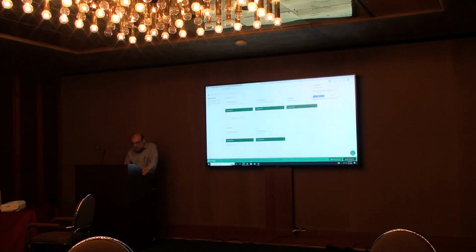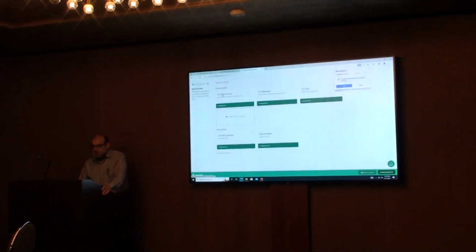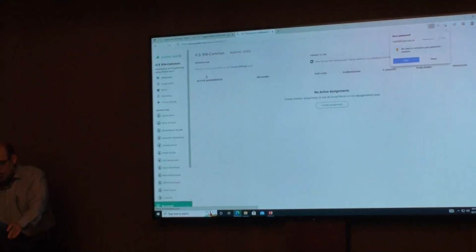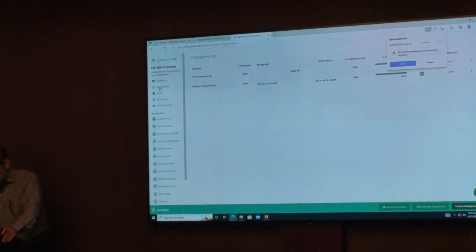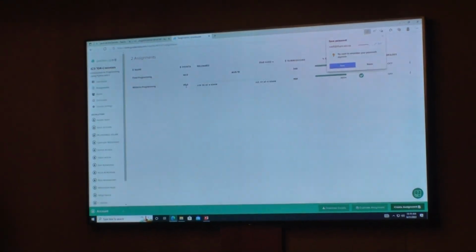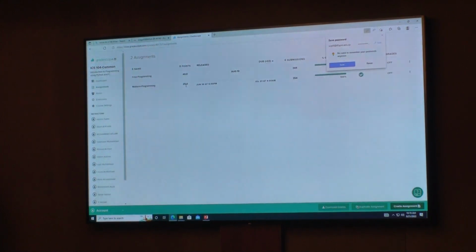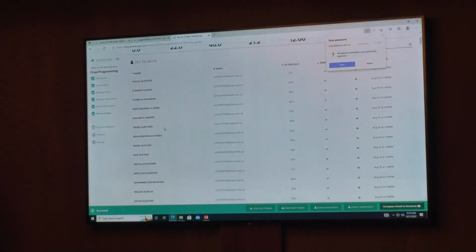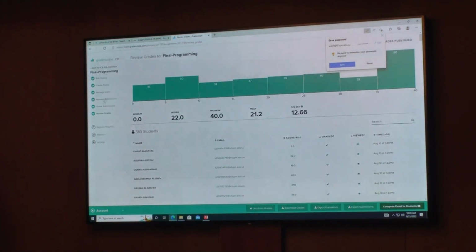Okay. So this is my Gradescope account, and as you can see, this is ICS 104 Common. This is where we used, if I go to assignments, the midterm exam. It was out of 25, and this was the final programming. These were the submissions of the students, and here you can see all the students. So let's go to